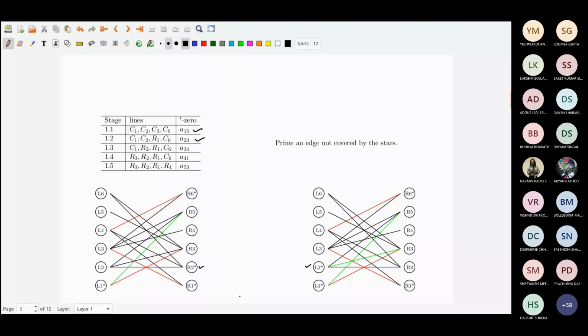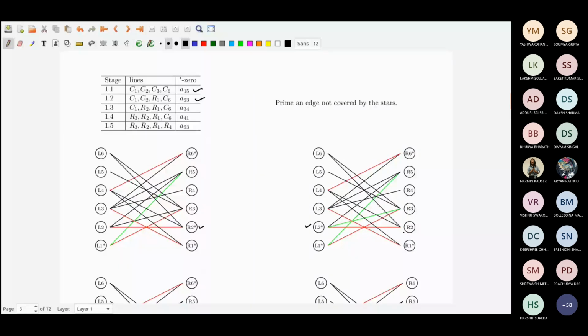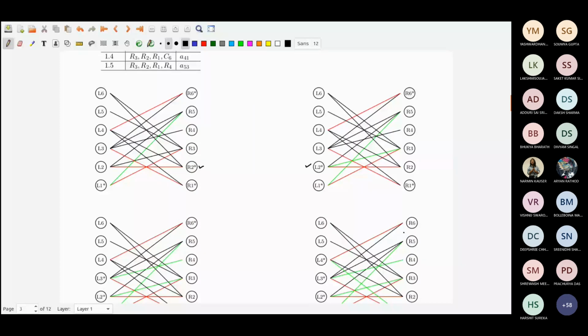Well, you read from the top, L1 covered by star. So row 1 you will not find, row 2 you will not find because they are all stars. Now in L3, the first one is star, so fine. L3 to R2 there is no edge. L3 to R3 no edge. L3 to R4, yes. Here is an edge without a star. Okay. So in the next step, I am going to make that green. L3 to R4. Fine. I will make that green.